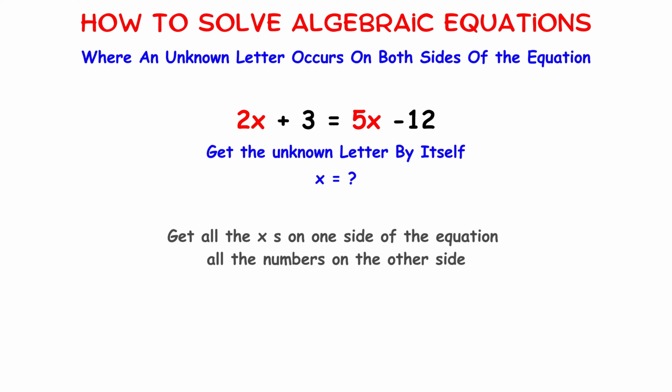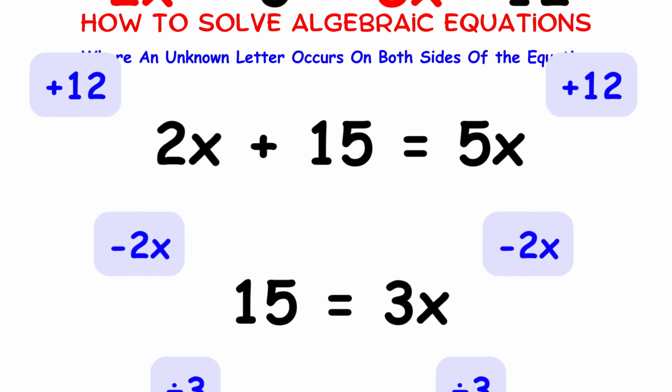term on the right. To solve equations like this, we do exactly the same thing as with any other algebraic equation, namely, we need to get the unknown letter all by itself so that we end up with just x equals some number. To do this, we first need to get all the x's on one side of the equation and all the numbers on the other side. It's up to you which side you put each of them on, but in this case, it'll probably be easier to put the x's on the right-hand side because there are already more x's on the right than the left,